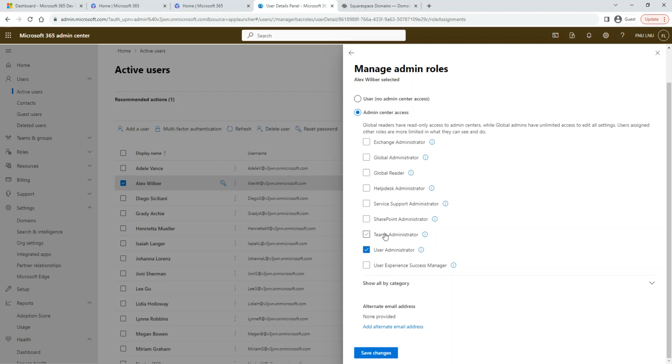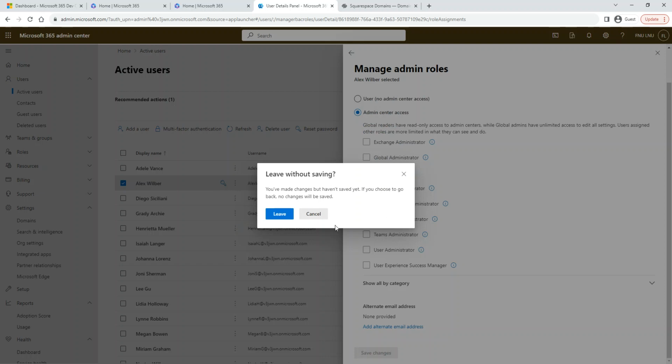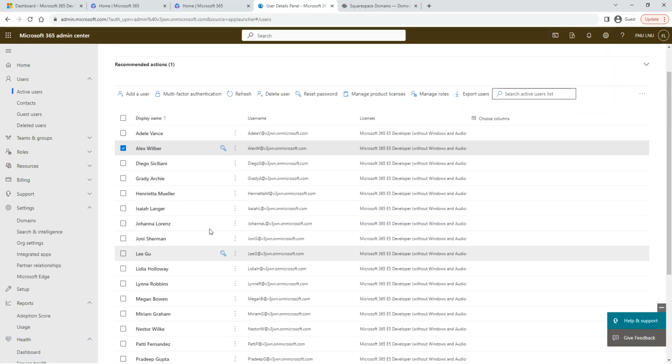Okay? If you wanted a user to be like a support administrator, help desk administrator, you're going to grant them that. So you can see exactly what they do. It kind of gives you a description of what they do, like, this help desk administrator can reset passwords, re-authenticate non-admin tasks, some admin roles, and manage service requests, monitor help services, and things like that. So it has a little bit of description about what each role does, with a little icon there. Okay, so that's all. That's an easy way to delegate some of the admin roles.